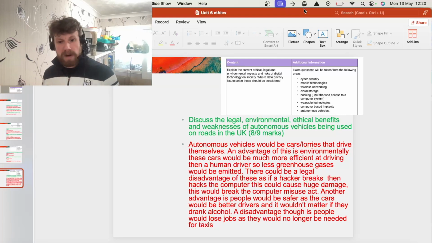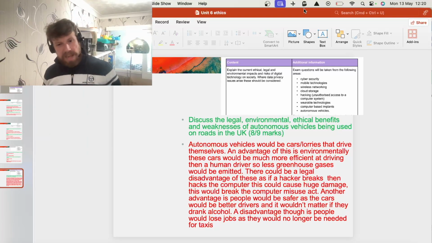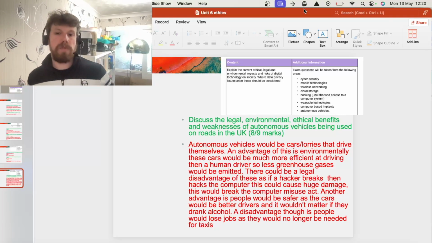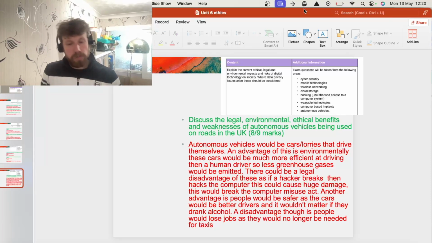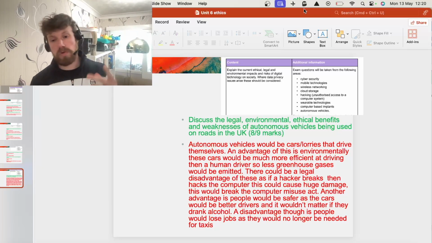Then I've gone back onto an advantage. An advantage is people would be safer, as the cars would be better drivers, and it wouldn't matter if people drank alcohol. A disadvantage, though, is people would lose jobs as they would no longer be needed for taxis. So again, I've gone back to the disadvantage. So the way in which you get the 8 and 9 marks is that you have to talk about all areas, ethical, legal, environmental, switch between advantages and disadvantages, and write it in a logical structure like I've done. That's how you get the top marks. And I say a minimum 4 points. 2 advantages, 2